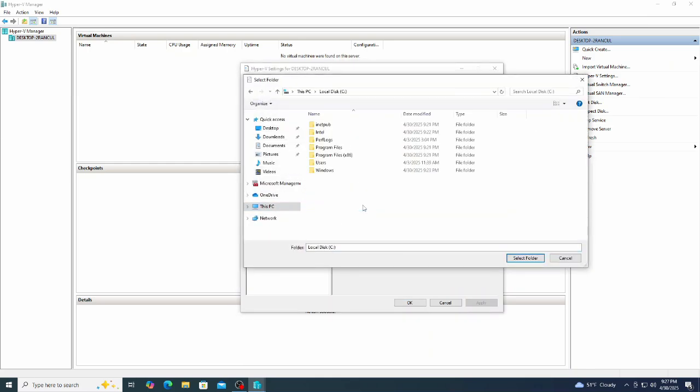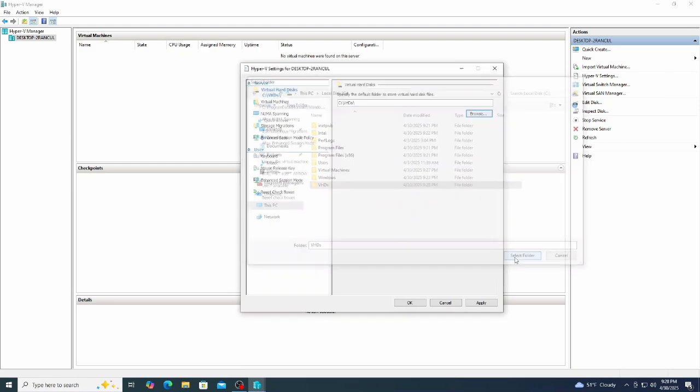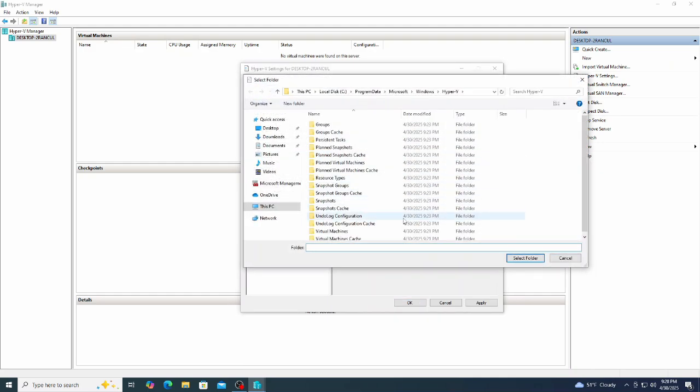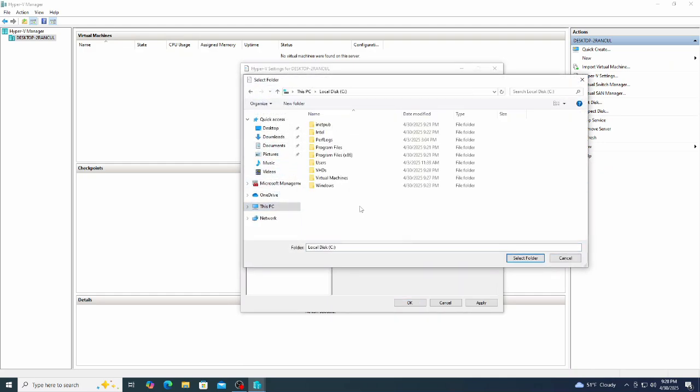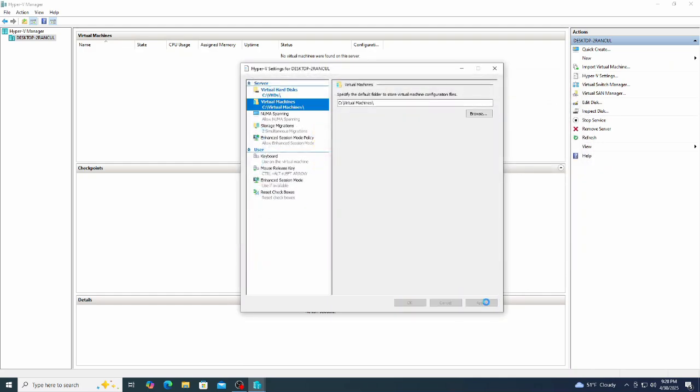I like to change where Hyper-V puts the VHDs and stuff like that to the C drive. I don't like the path they use, so I just create a couple of folders: Virtual Machines, VHDs, and then put it into the path that tells Hyper-V where to save all my stuff. So yeah,